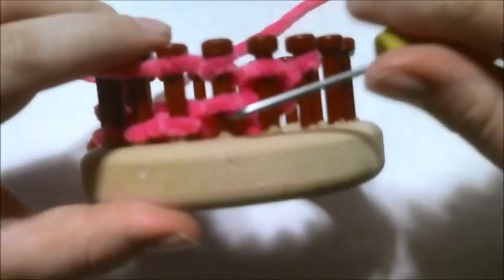So you're going to E-wrap, and purl, E-wrap, and purl, E-wrap, and purl, and E-wrap, and purl. And so you finish with a purl, you're going to start an E-wrap again. So you continue that until you have,